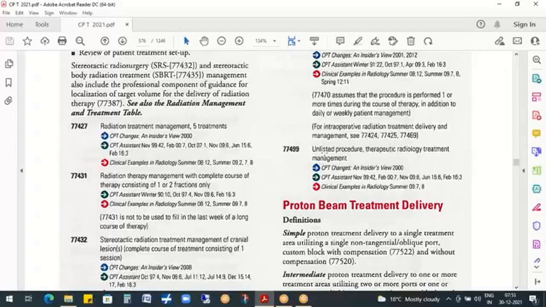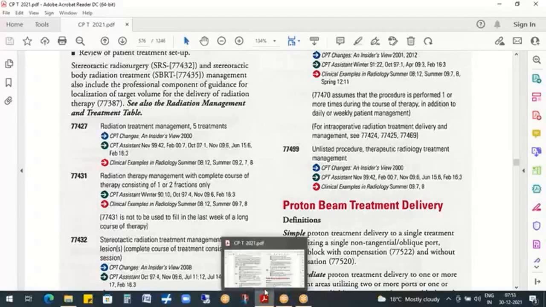Now, when you are getting a radiation oncology question, what are the key terms we need to look for in the question? It is planning, simulation, delivery, dosimetry, or management. If it is planning, then you need to look for the number of treatment areas. Up to here, how many concepts in total? 3 concepts we have written.